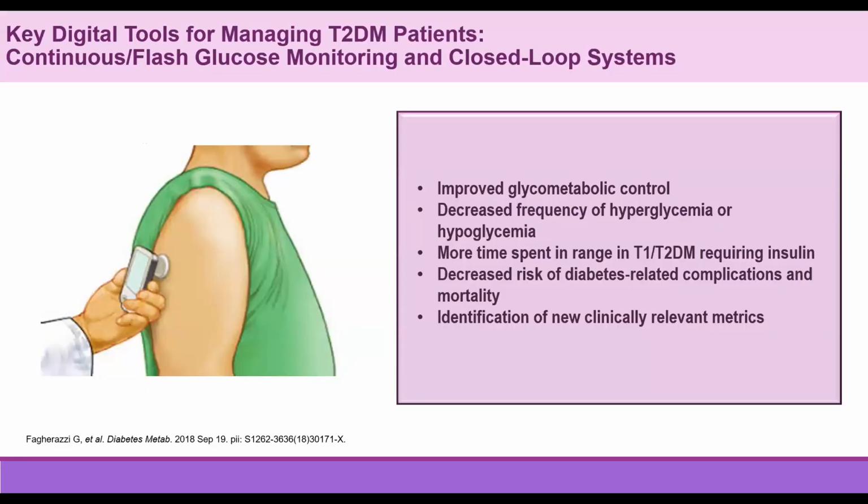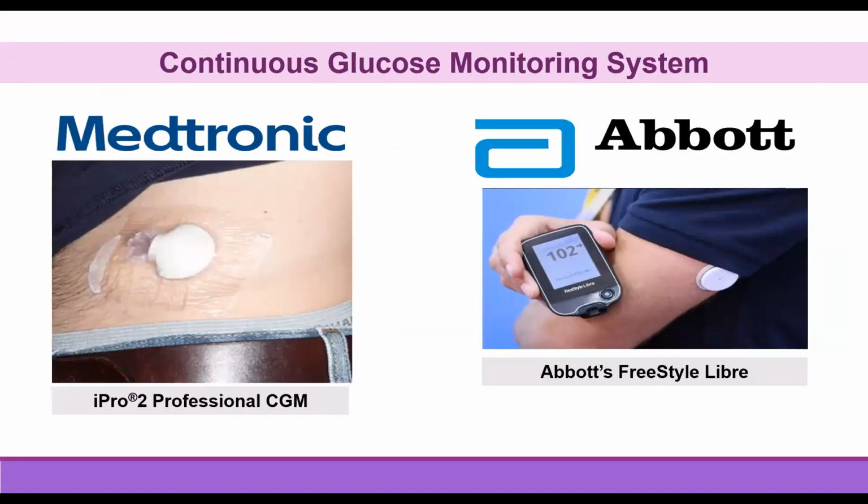Now, the other important method by which we can monitor blood glucose is the continuous glucose monitoring system. This is also a method by which the patient can monitor his or her blood glucose level, and there are 2 continuous glucose monitoring systems, Medtronic and Abbott. These 2 systems are slightly different from each other, but give us important feedback about the glycemic status. But they measure the glucose in the interstitial fluid,